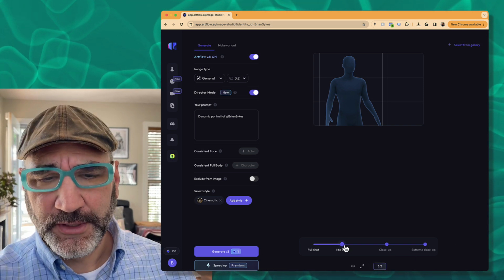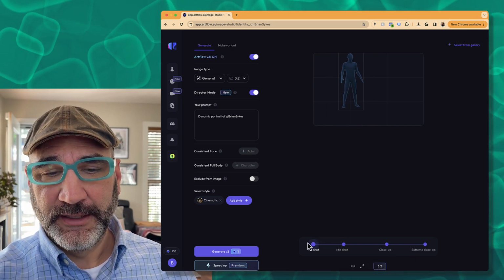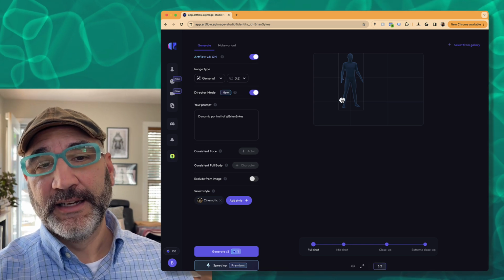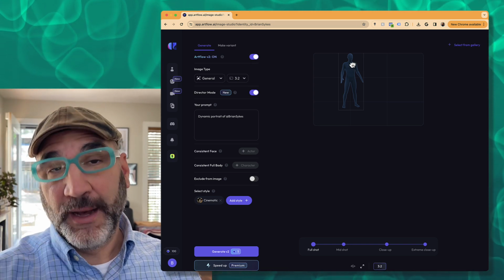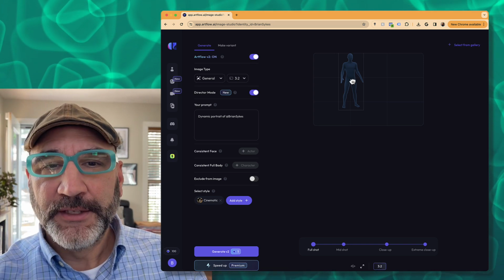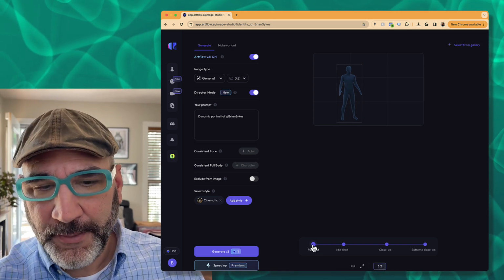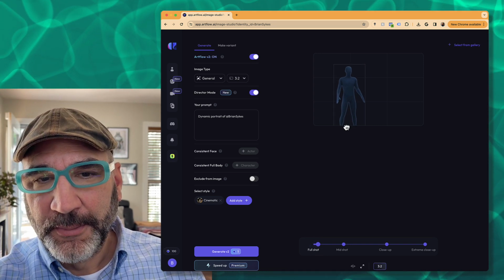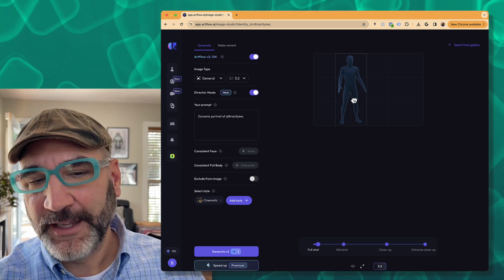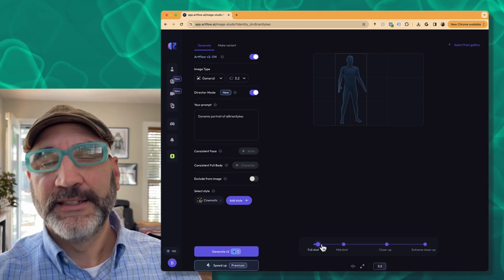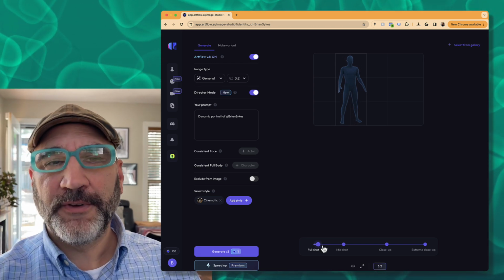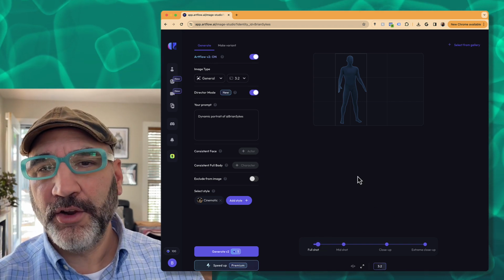Let me show you how this works. Simply by dragging this, it repositions the scaling of the character, the body character inside the image. So with this, I can go to full shot and I've got a full body shot. Now, maybe I want it to feel most of the way, like that. And so just by slight adjustments, you can fine tune exactly how large you want the character to be within